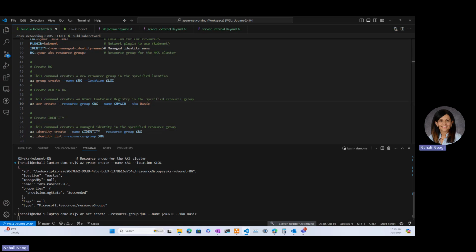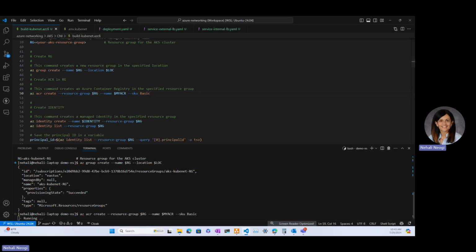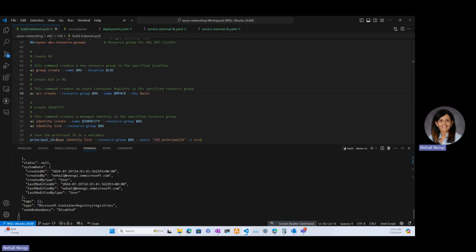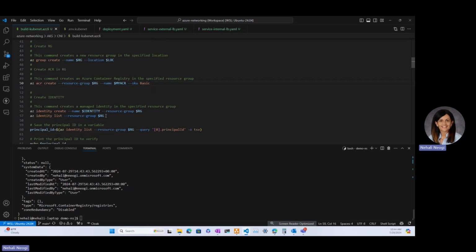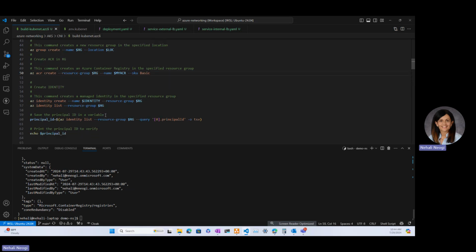Now here, let's talk a little bit about the identity and why it is needed. So I'm going to create a new managed user identity. You could use managed identity as well, but the most important thing is that it needs the network contributor access to the virtual network. So let's create an identity,